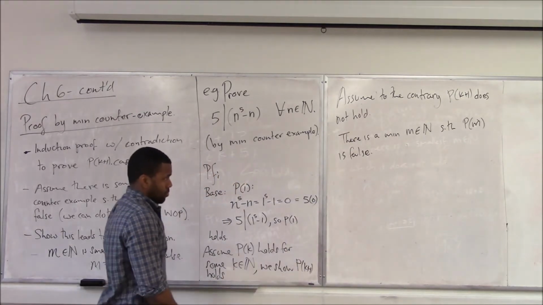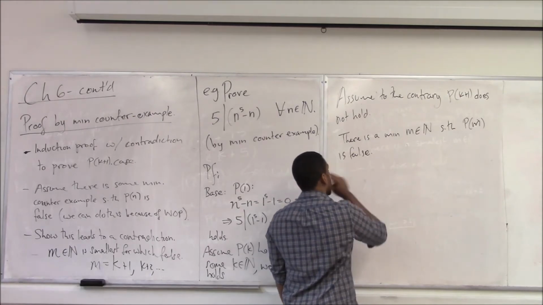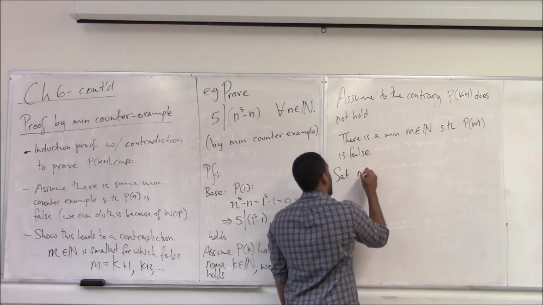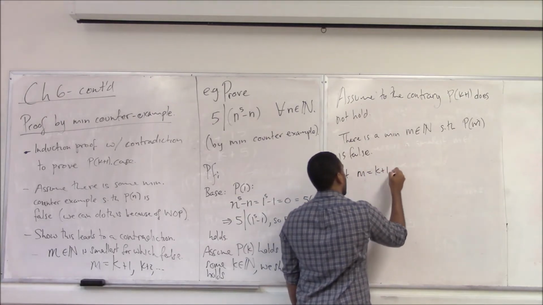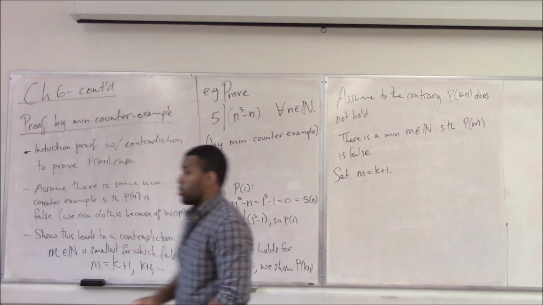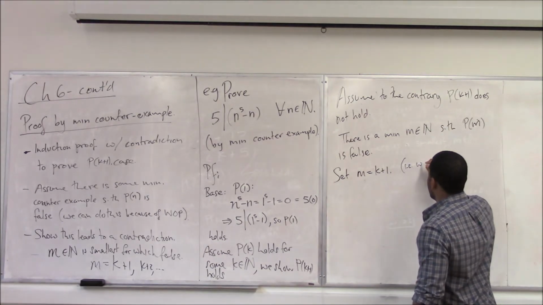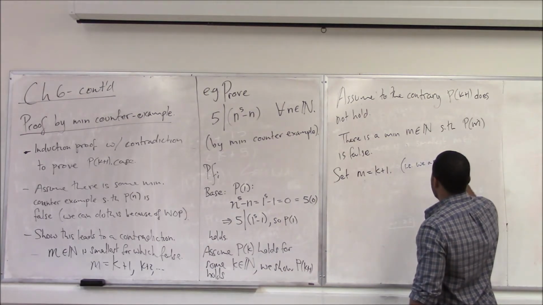So now what are we going to do? We're going to set m equals k plus 1. Right? Now why am I going to do that? It is to take advantage of what we just said, i.e., we are assuming,